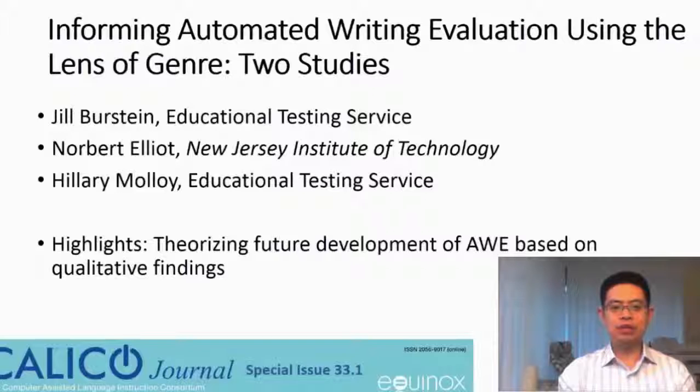This paper starts with the findings from a nationwide survey and a qualitative study at a university for the writing tasks used across K-12 classrooms, university contexts, and workplaces. Based on these findings, the authors call for an expanded view of writing construct and theorize the future development of AWE. Thank you for listening to these 6 introductions of the research articles, and I'm confident that you will enjoy